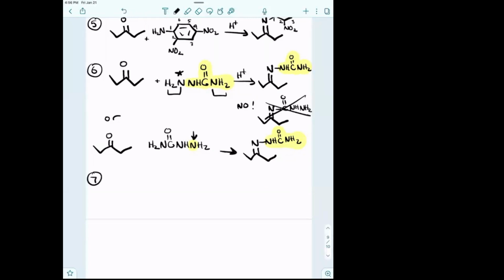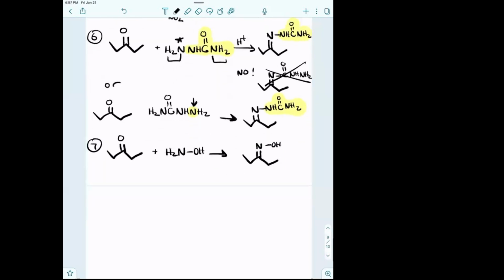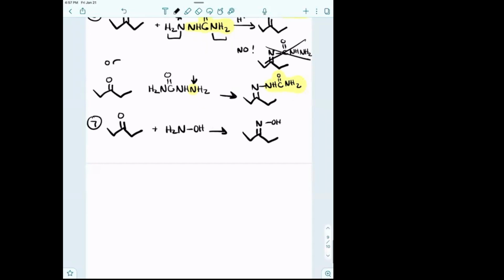Okay, and then number 7 is easy. It's just H2N attached to OH. Gives you NOH. Okay, those are our 7 primary amine reactions. Now